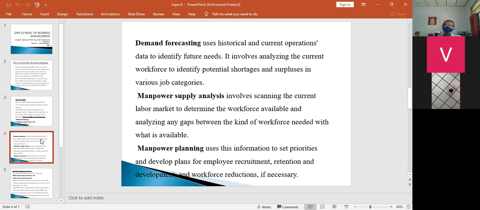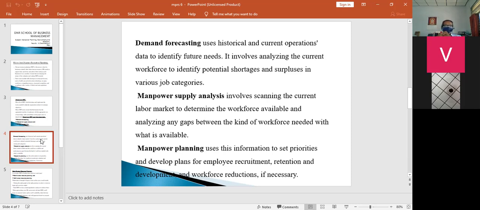So, there will be different departments involved in an organization. Each and every department will be allotted a few employees to perform the activities. So again, demand forecasting checks whether each and every department has the required number of staff. If not, how many members are required to perform the operations? So this contributes.